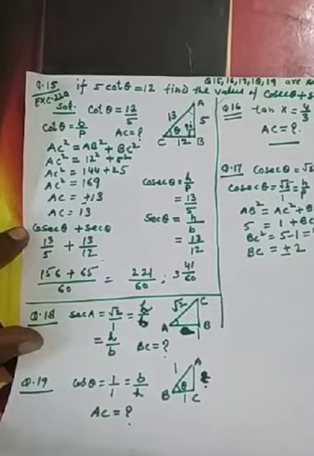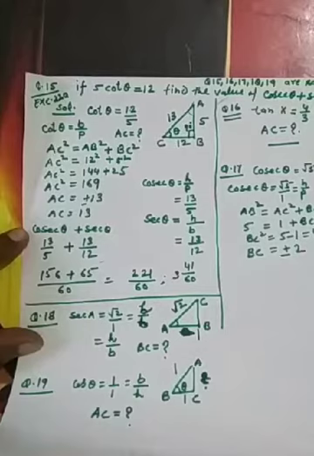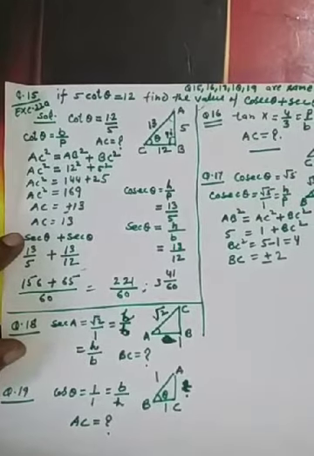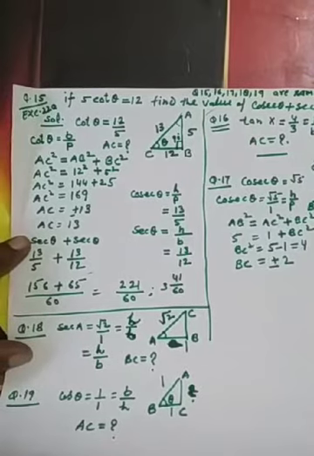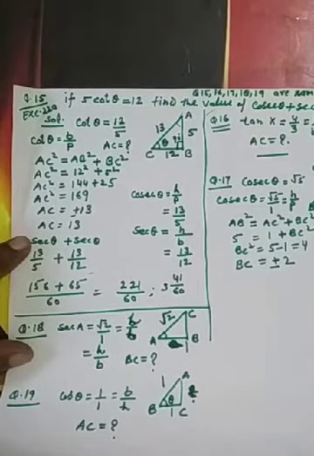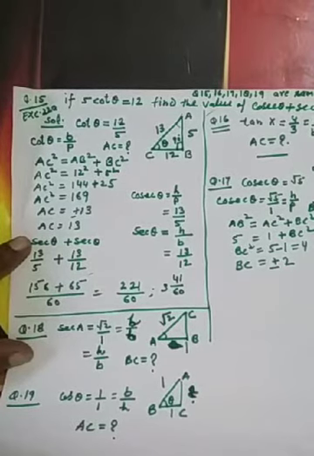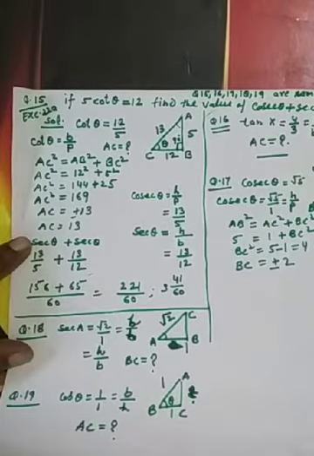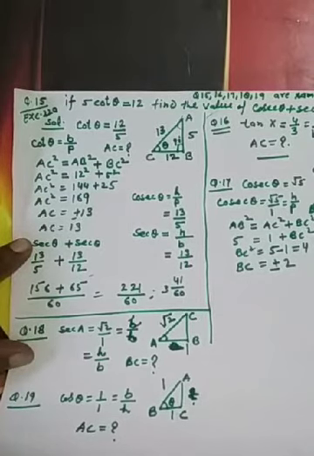Students, I am going to solve question number 15 of exercise 22A. But questions 15, 16, 17, 18, 19 are all the same. What we learn in this chapter is the ratios of any angle. Means an angle can be found with the help of the ratios of a given right angle triangle. Ratios means I am talking about the sides of the right angle triangle.